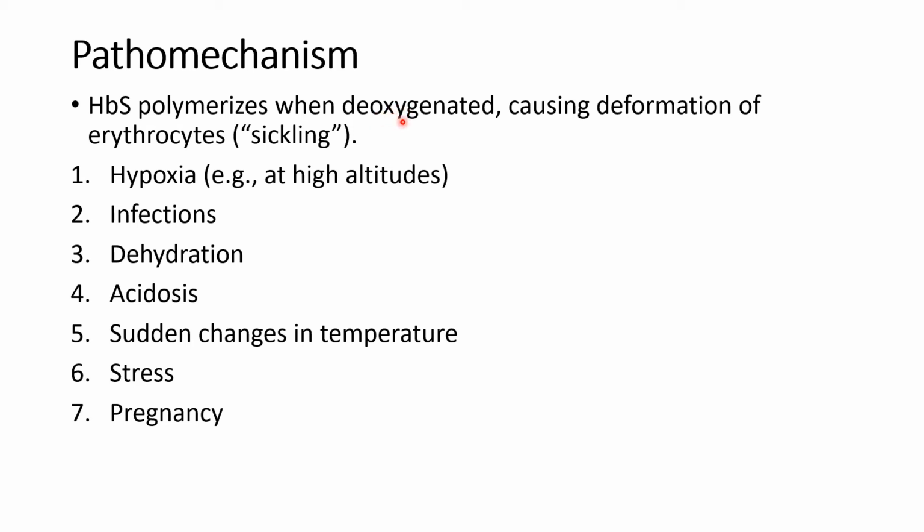So when there is reduced oxygenation in the blood, the RBC will become deformed because the hemoglobin S undergoes polymerization. That will result in the sickling shape of the RBC. The deoxygenating condition can cause polymerization of sickle hemoglobin that leads to deformation of the erythrocyte, that is the sickling process. Remember always these 7 conditions. These are another area from sickle cell anemia commonly asked in the examination. The conditions that can produce sickling or sickling crisis.